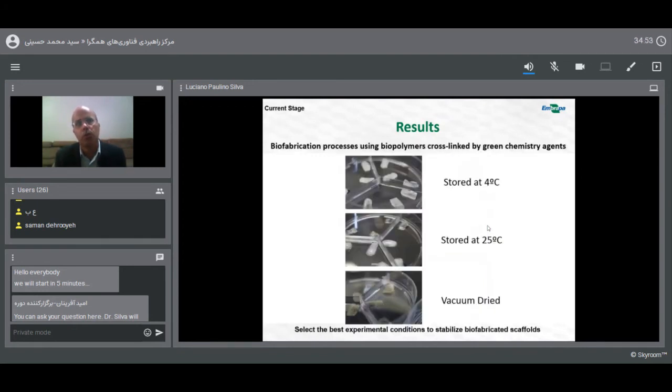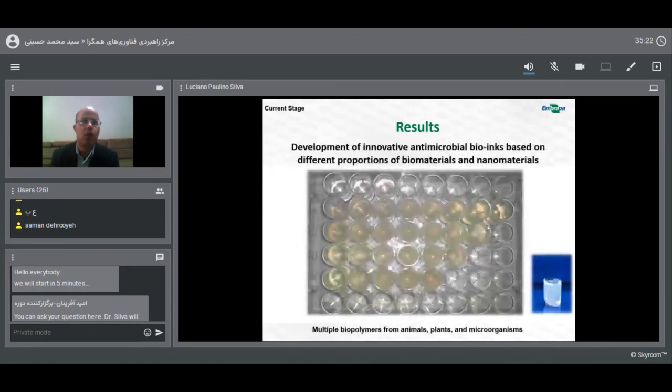We have also performed some biofabrication processes using biopolymers cross-linked by green chemistry agents and evaluated the storing of these different fabricated structures at several temperatures and also physical conditions in order to select the best experimental conditions to stabilize the biofabricated scaffolds. We have also developed innovative antimicrobial bioinks based on different proportions of biomaterials and nanomaterials